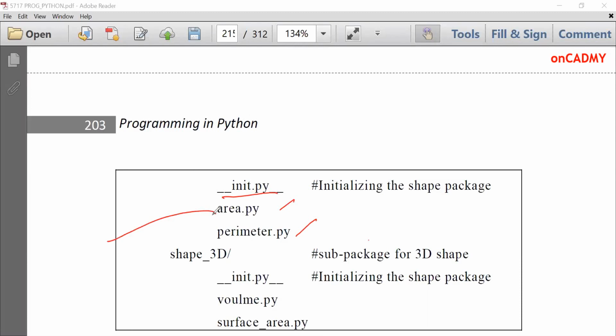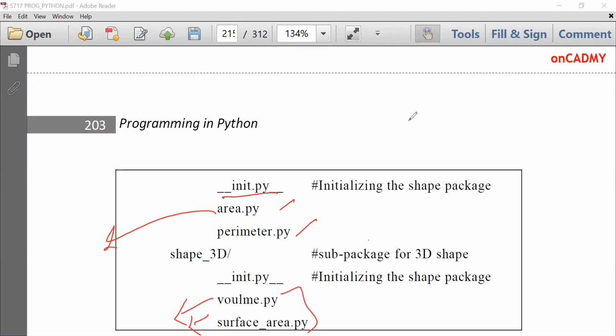In a similar way as we have created functions, we will write code for area.py and parameter.py. And for 3D shapes, I will create a subpackage shape_3D, and initialize it. And then there will be again two modules, volume.py and surface_area.py. These are again two modules for which we need to write the code.